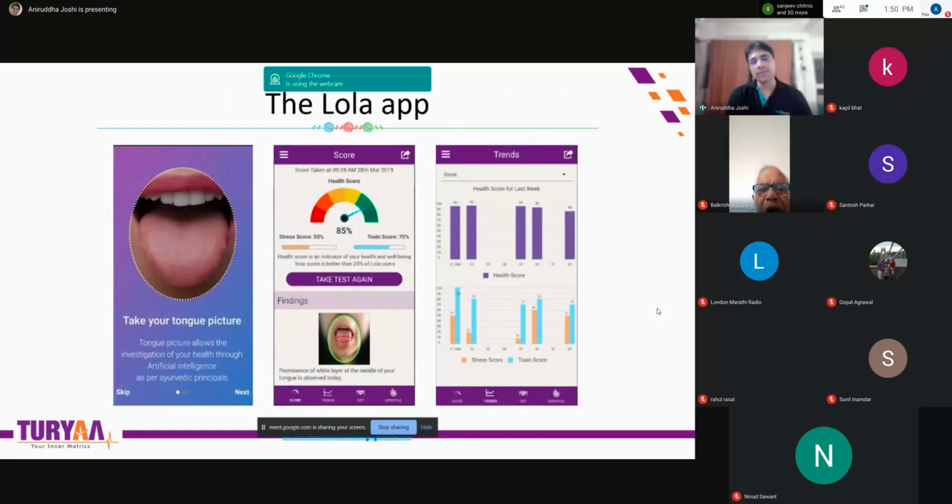Out of Nadi Parikshan, we also have developed one image processing tool for tongue. So we launched this last year, and we worked on about 500 users, collected more than 5,000 tongues. So, we keep taking selfies. Here we told them to take a selfie of your tongue early in the morning, and based on the color, the cracks, the various structures on your tongue, we were able to tell about the digestion, about stress, and so on. There are thousands of rules. Again, we were able to find out a few.